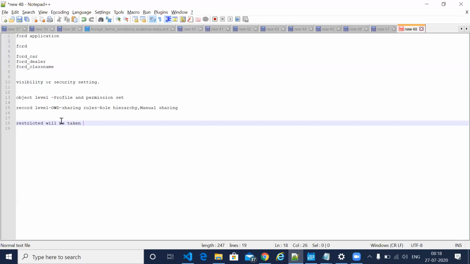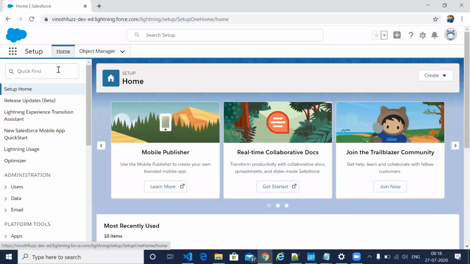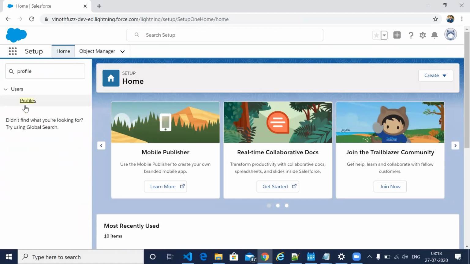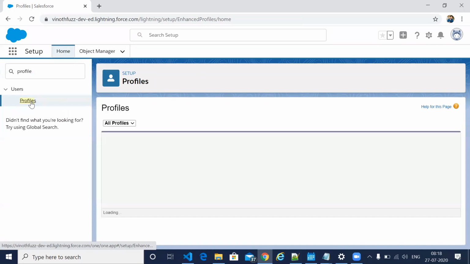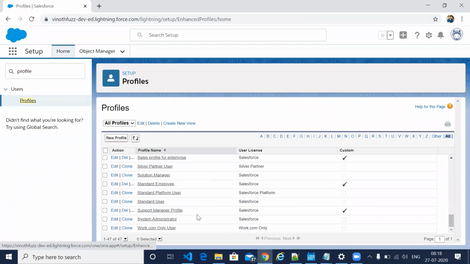So let's see in a practical way. If you go to any of the profiles, let's say system administrator, which is the user I'm using currently.